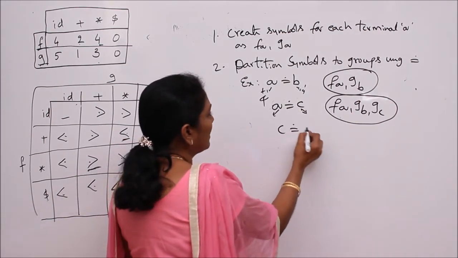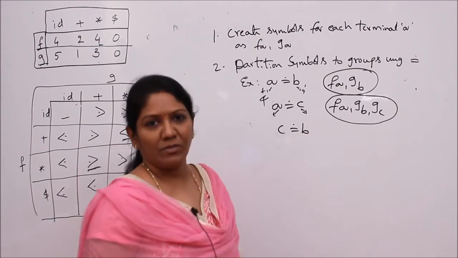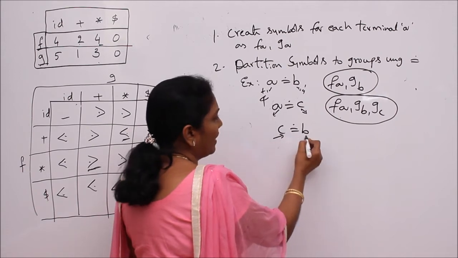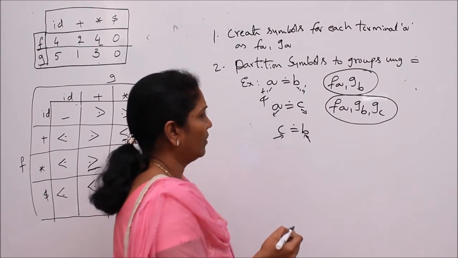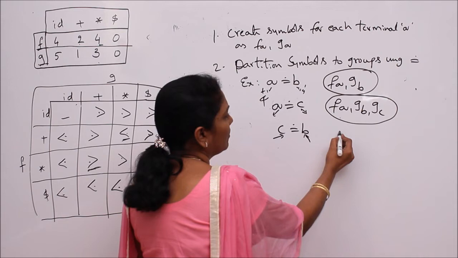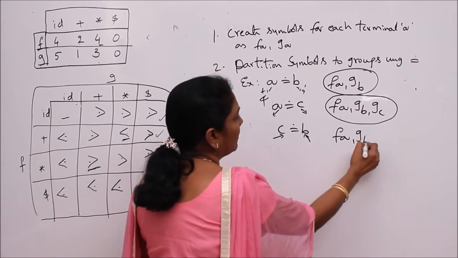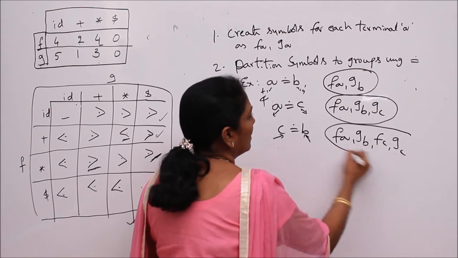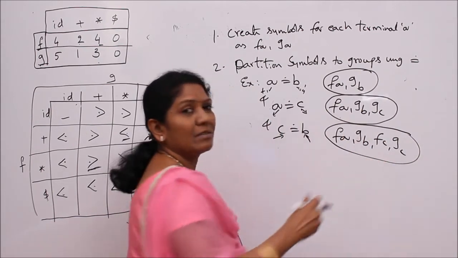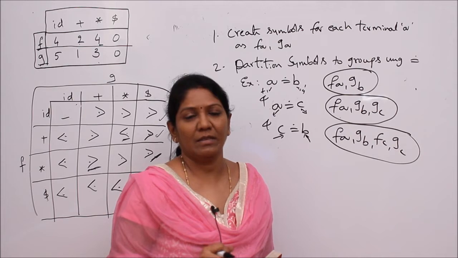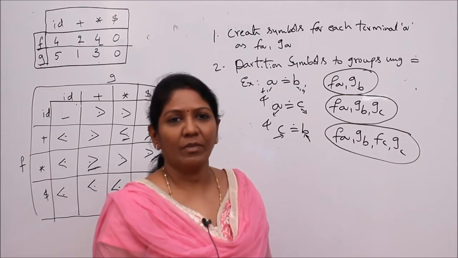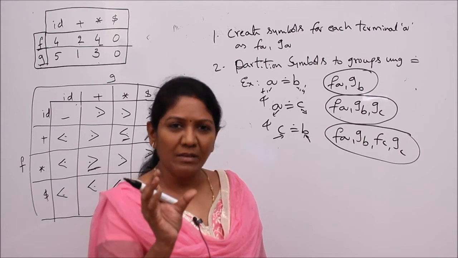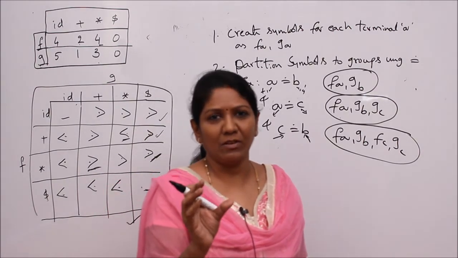Suppose I have one more relation like C equals B. Then what I should do? Wherever you have FC, add even GB. So wherever you have GB, there you have to add even FC also. Because of this, if all these are satisfied, this many symbols are grouped under the same group. This is how by using equal to relations we combine similar symbols which are defined with equal to as